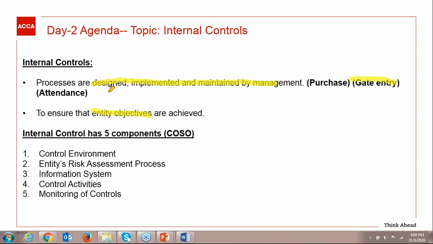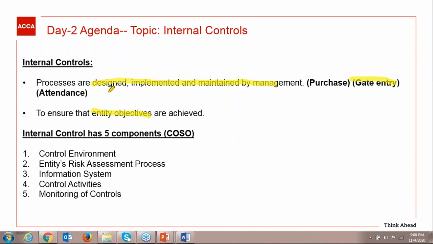So the correct objective behind this control is that the person will get the salary based on their actual hours worked, which will be calculated by the scan machine. So what was the objective? That the employee will be paid only based upon their actual working hours. Yes, no ghost employee is to be paid. That's the second objective.